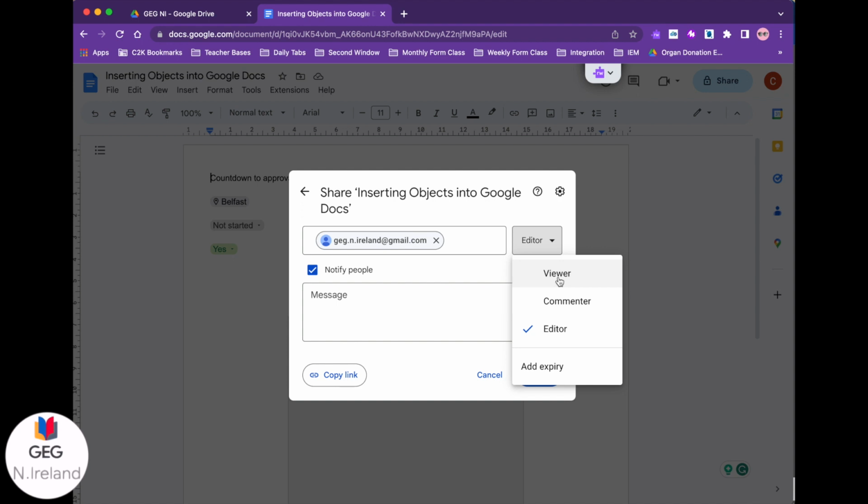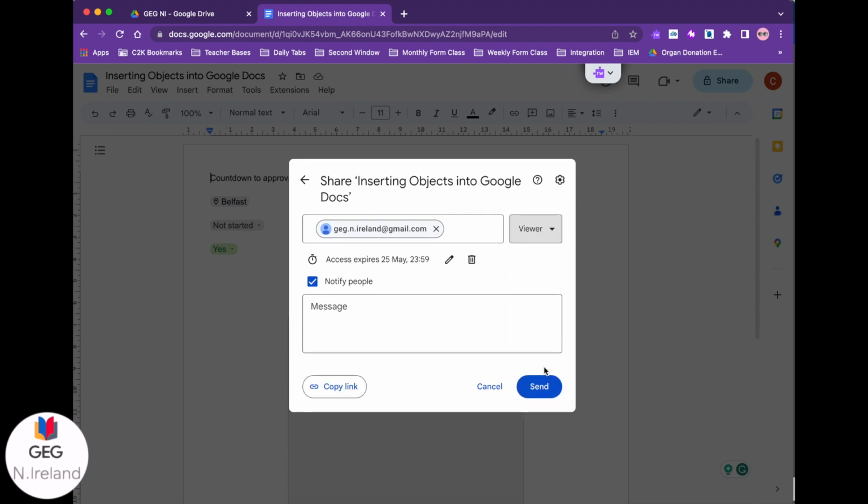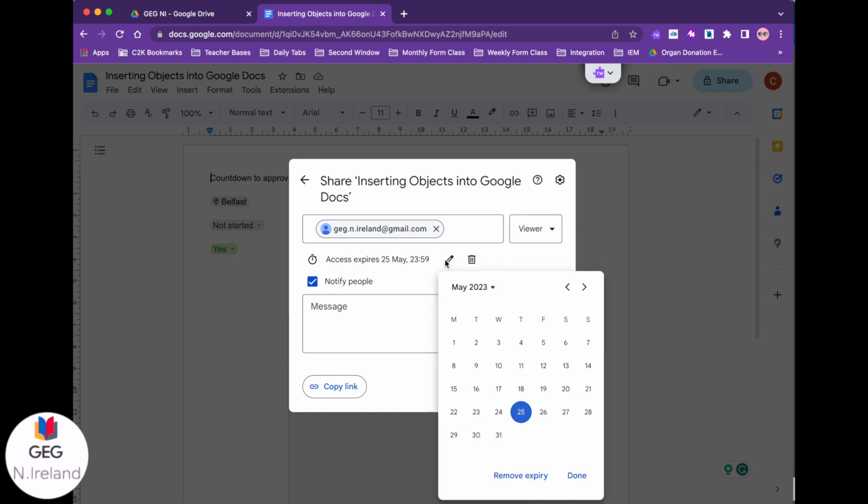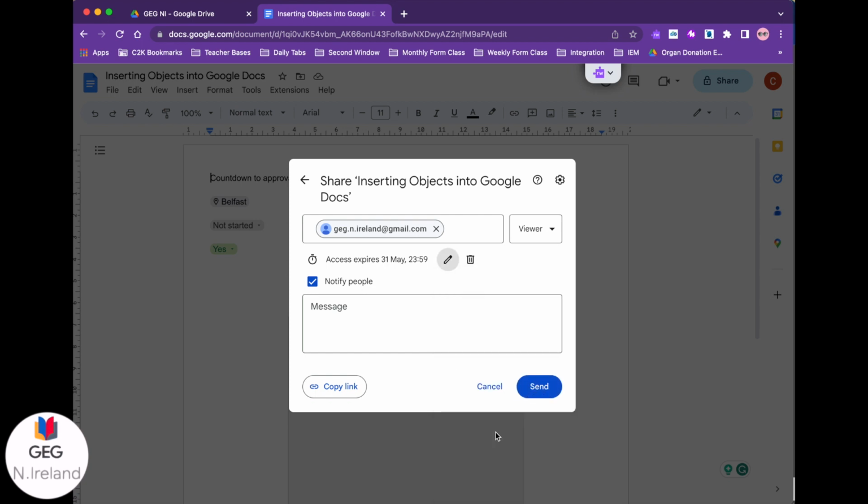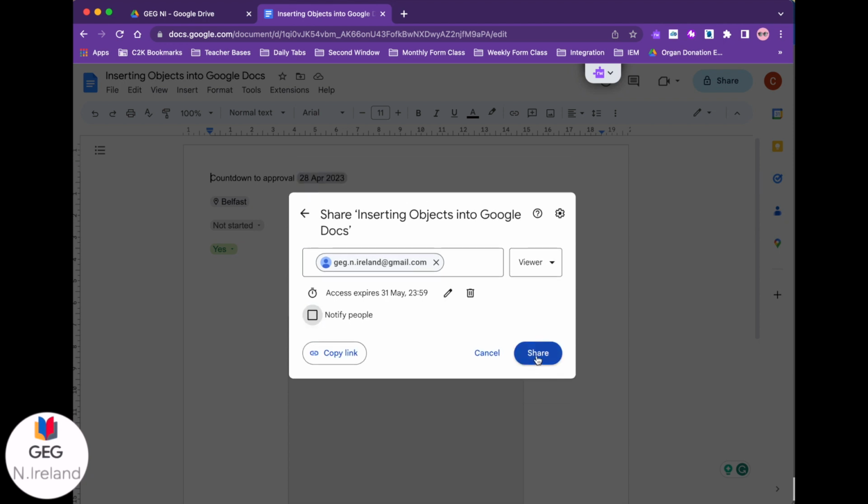So even if I make the person a viewer, I can then add an expiry date for this person, and I can choose a specific date. And if afterwards I change my mind and I decide they don't need an expiry date, it can be removed by clicking on the drop-down link beside their name. So I'm going to give them just a few days access. So if I share that,